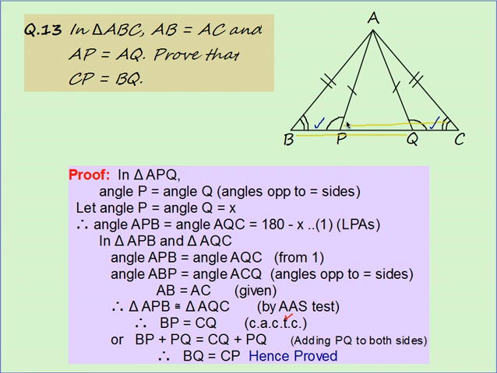So you can say angle P equal to angle Q, or you can assume them X. So if you assume this angle X, this side will also be X. So this will be 180 minus X, because this is a linear pair, and that will also be 180 minus X. So they both will come equal. So I have found it, APB and AQC 180 minus X. You can call them linear pair of angles.